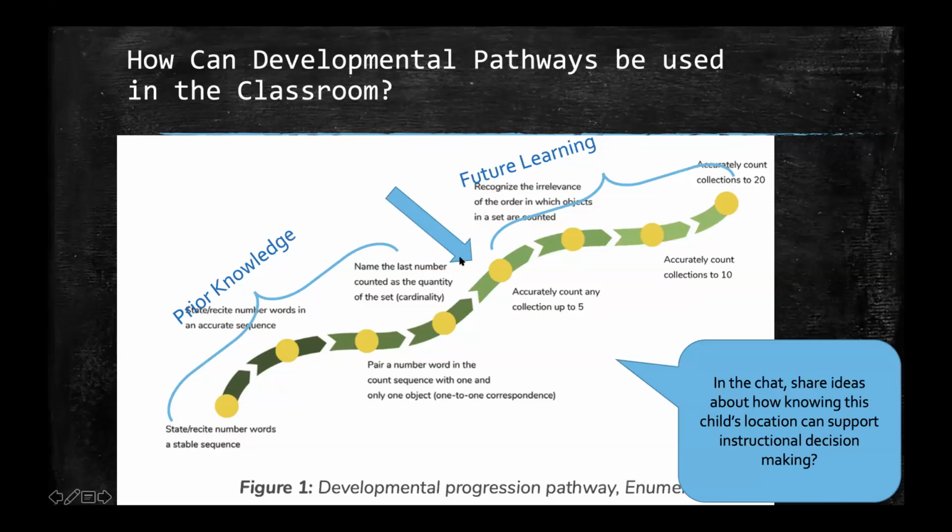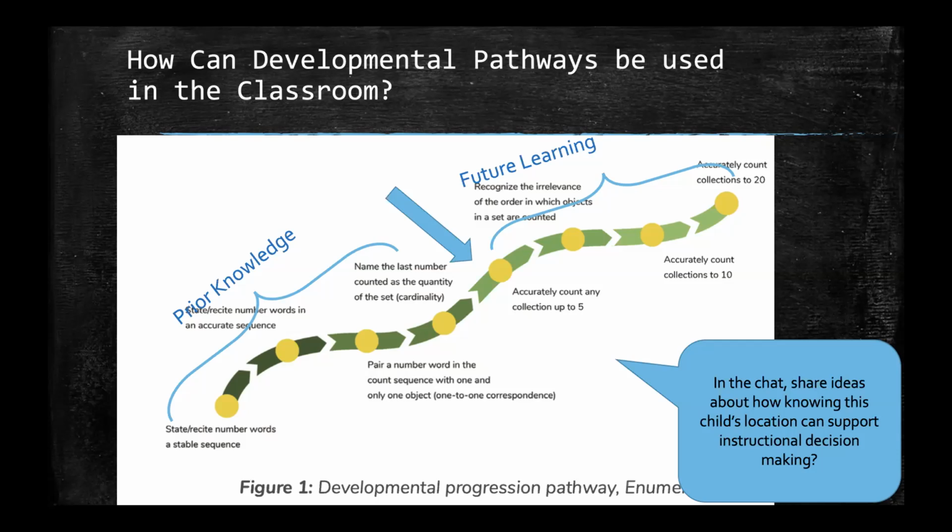Then we would move towards the next phase, which is recognizing the irrelevance of the order of objects, the next step in the pathway,